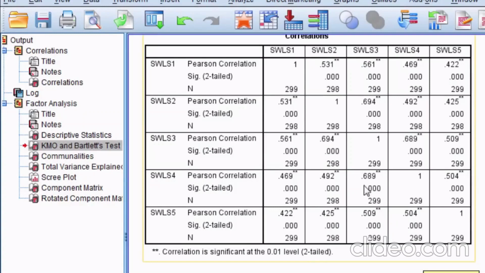In one overall test, it assesses whether these 10 correlations taken as a group significantly differ from zero, and more precisely, for those familiar with matrix algebra, it's testing whether this correlation matrix is